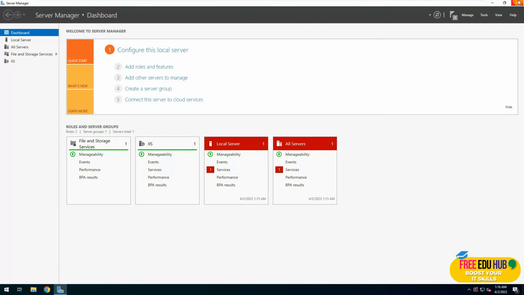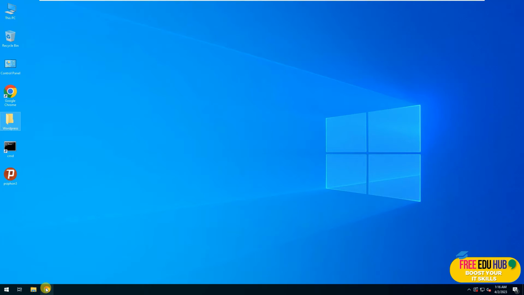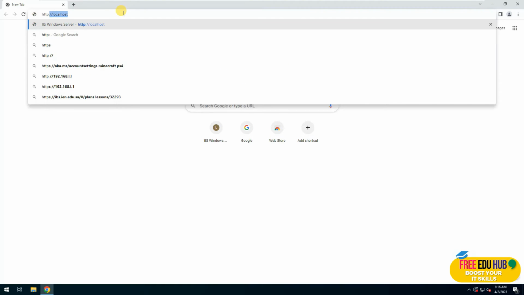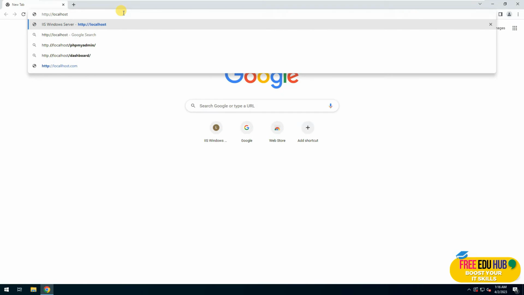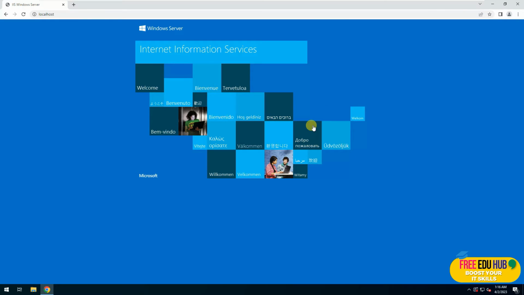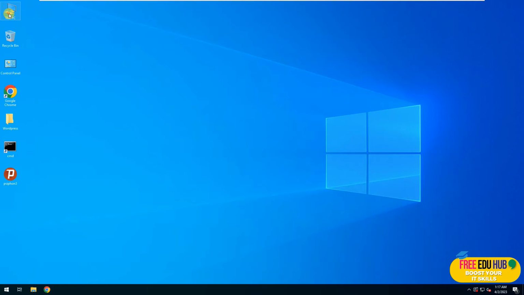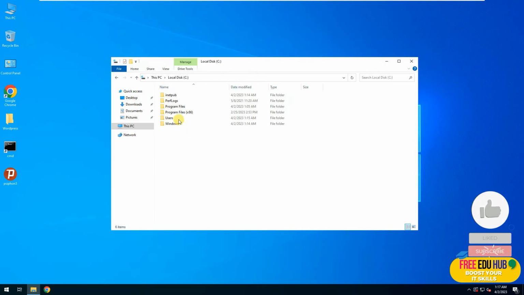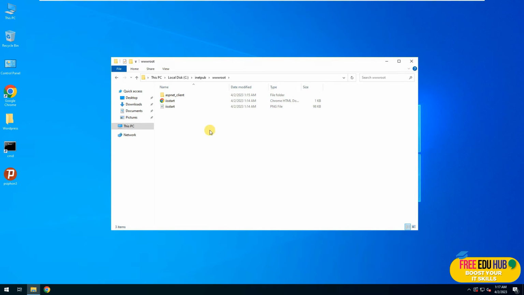Now in order to check whether it is successfully installed or not, you'll type in HTTP and localhost and press enter. It should show you the screen. It means that IIS, which is Internet Information Services, has been successfully installed. Further, if you go to your C directory and go to inetpub, you'll be able to see wwwroot, which means